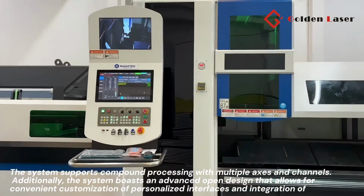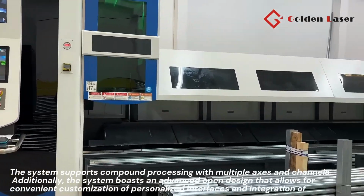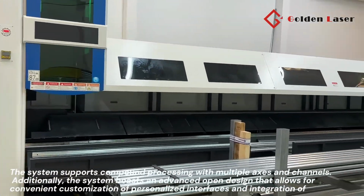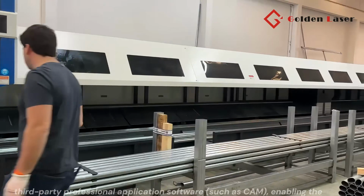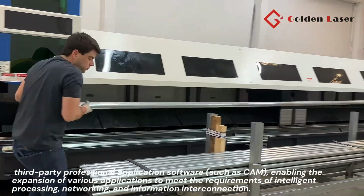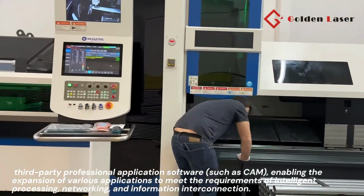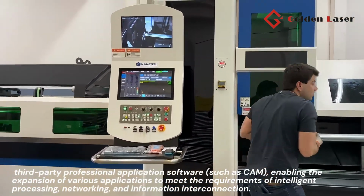Additionally, the system boasts an advanced open design that allows for convenient customization of personalized interfaces and integration of third-party professional application software such as CAM, enabling the expansion of various applications to meet the requirements of intelligent processing, networking,